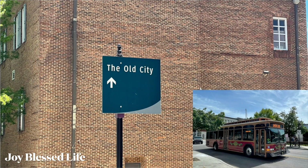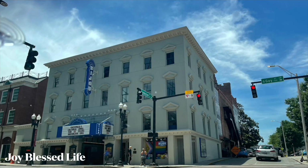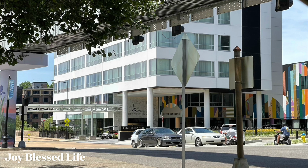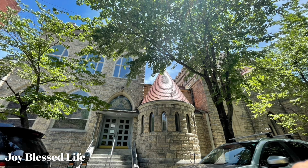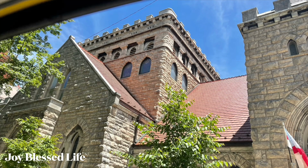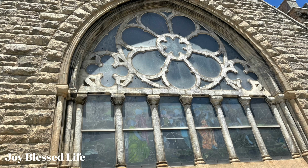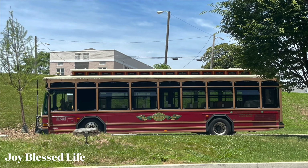City of Knoxville, Tennessee. The old city is centered around the original railway and river, established before the Civil War. And of course, there is a fort here, Fort Dickerson, where we've done a historical record of that as well. Brick is a main source of history here. The bricks are made right here in Tennessee